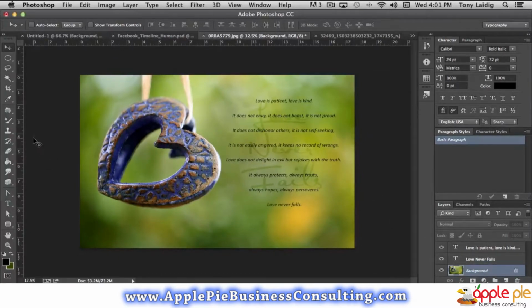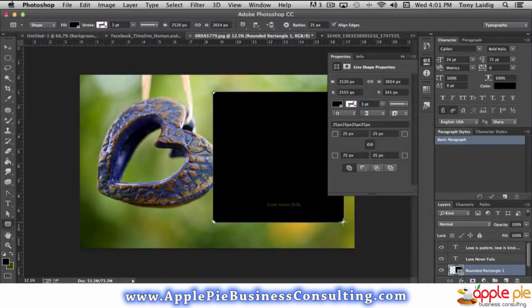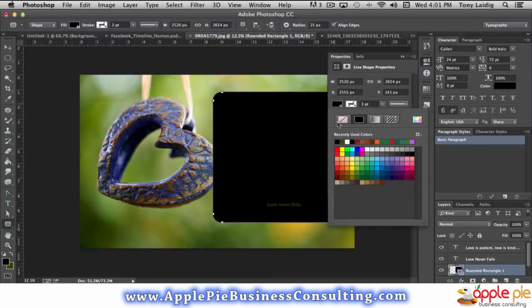Let's say that I want to create another rounded box like we had before, except this time I wanted to overlap the heart. Okay, now the black was the foreground color, so that's why it changed to black. I'm going to increase the edges so that it's much more rounded. And I'm going to change the color to,